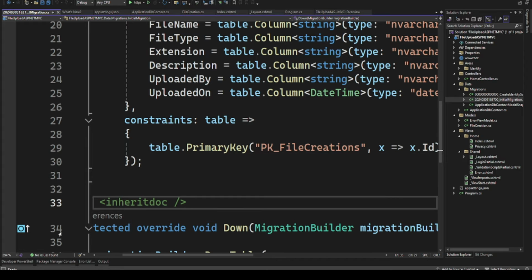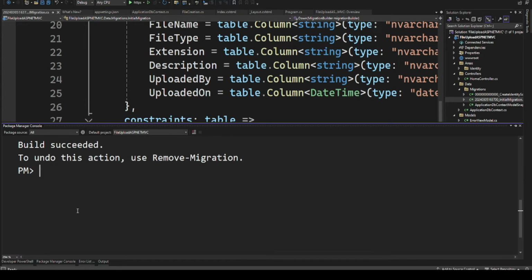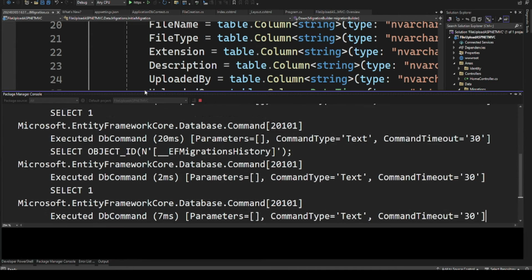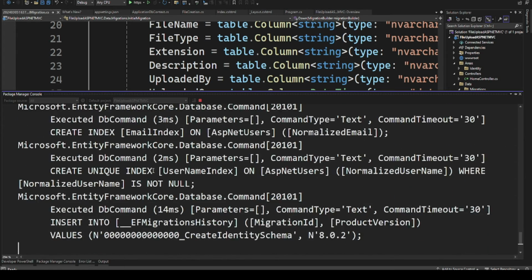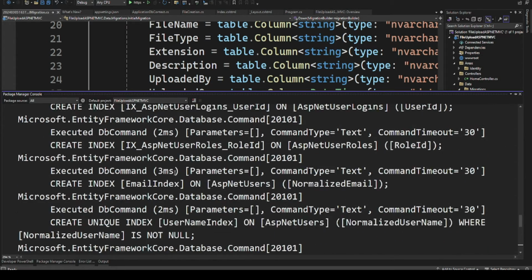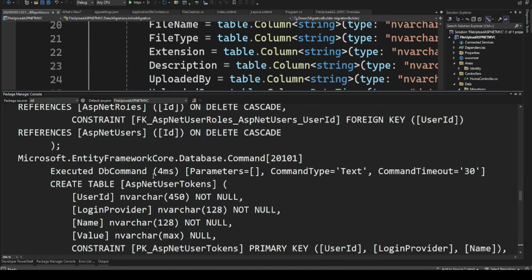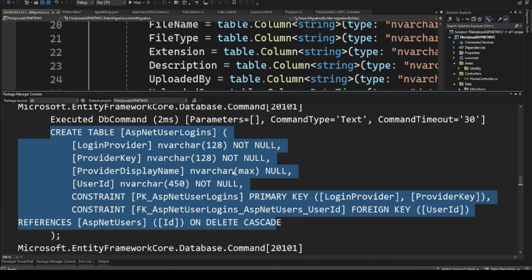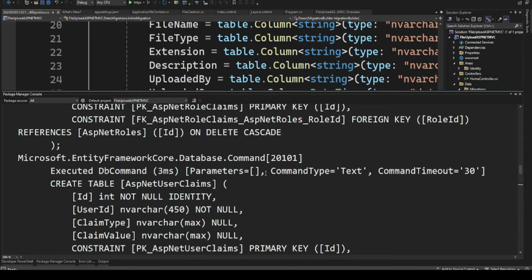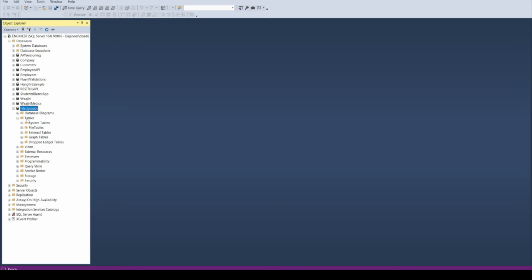So let's go back to our package manager console. Then I'm going to run the update database command. If you press enter, our database will be created and you'll be able to see some commands that are quite familiar. One of them here is the create table. You'll see there are some default tables for ASP.NET Core, and we are not interested in that. So if we go to our database,